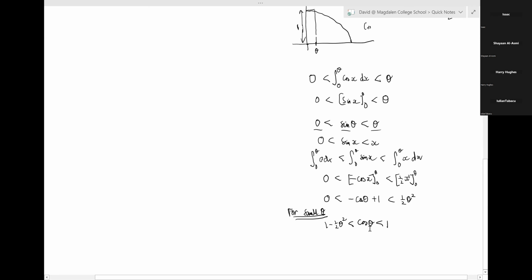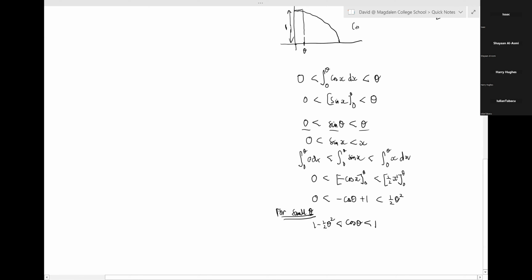Okay. Now what I can do is integrate again. And when I integrate 1 minus a half theta squared, that will integrate to theta minus 1/6 theta cubed is less than sine theta is less than theta. Now, what am I doing here? Well, I'm answering your question of how do you get better approximations? So if I want to approximate sine theta when theta is small,